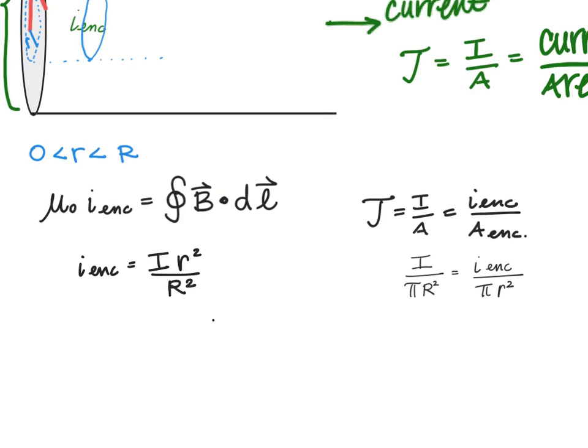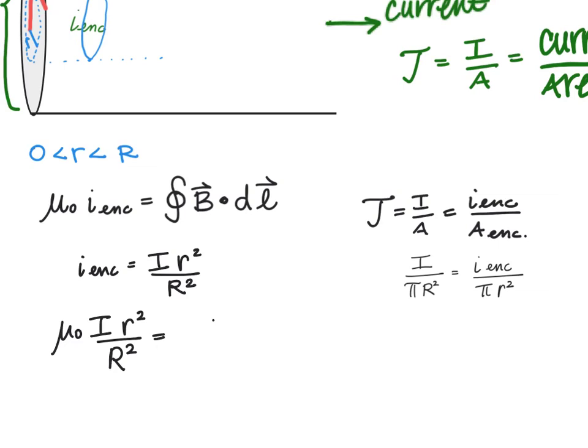So then, using the substitution into Ampere's law, mu naught times the total current times the position that we're looking at, like what is the magnetic field at this distance from the center of the cable, over capital R squared, the total radius of the cable, is equal to,